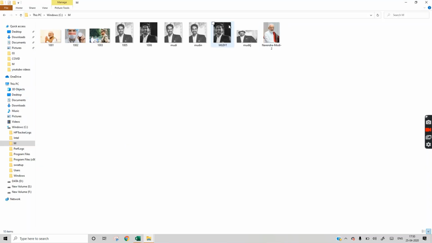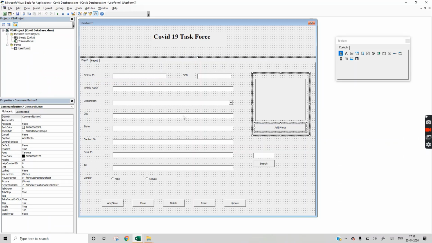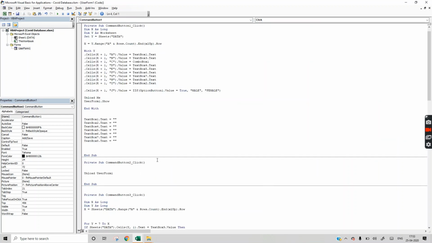So it is not here, so it is wrong. Let's see if there is some error in the save button. Okay, we have not written the code to save this photo.